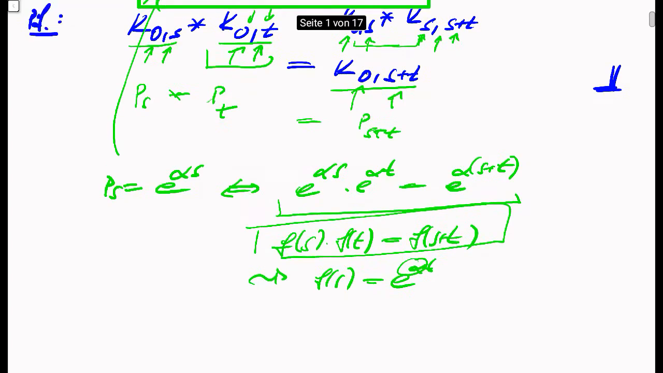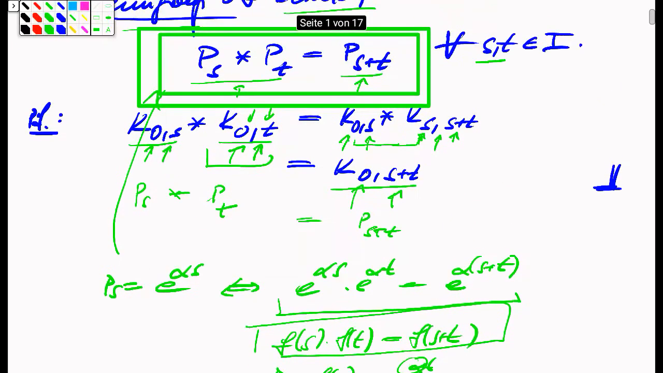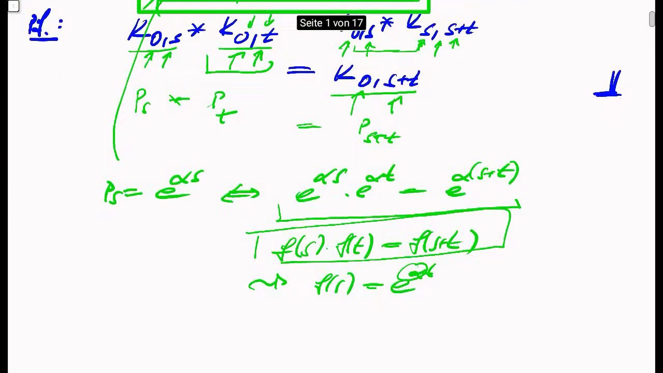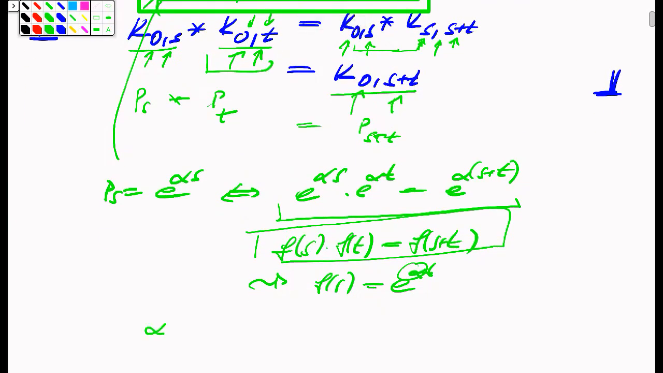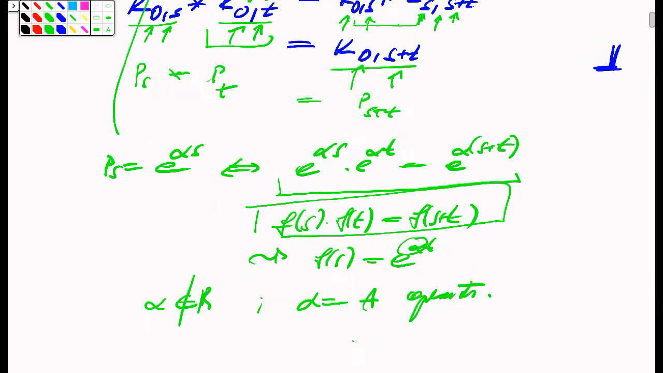And in a similar way, this is also true for such semigroups, and we will develop a theory now. When the alpha is not a real number anymore, but in our case, alpha will be written as an A, and it will be an operator. And this operator A will be called the generator